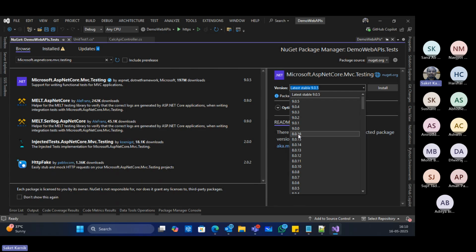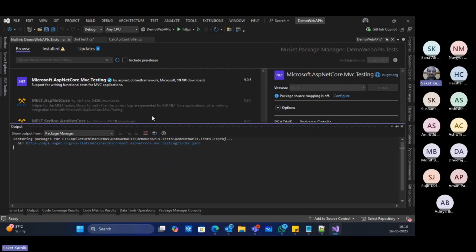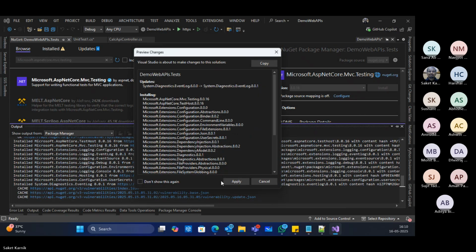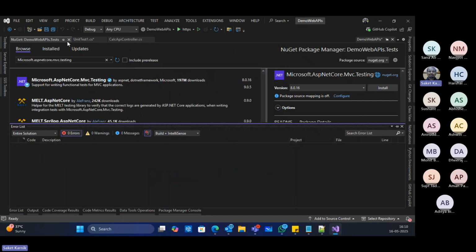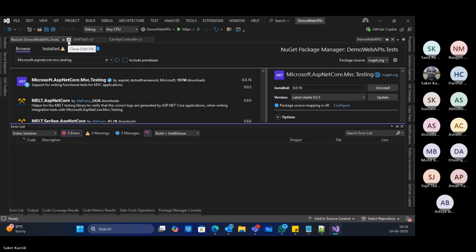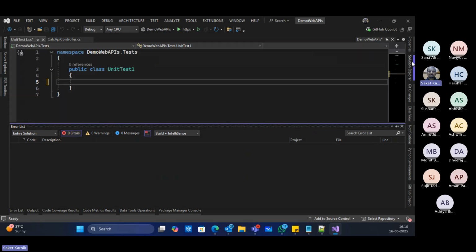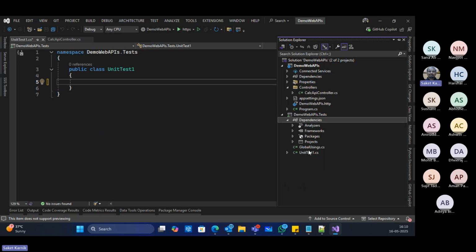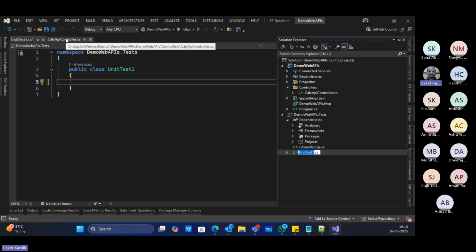So I select the latest version in the 8.0 category because my targeted framework version is 8.0. Okay, install, apply, accept. Done, close. Now, first thing I do after this is I rename this UnitTest1.cs file to Calci API controller tests.